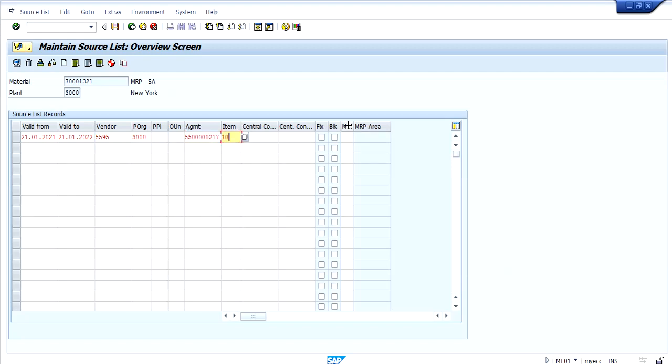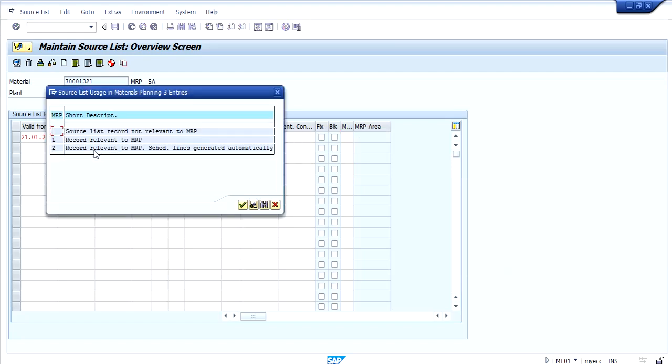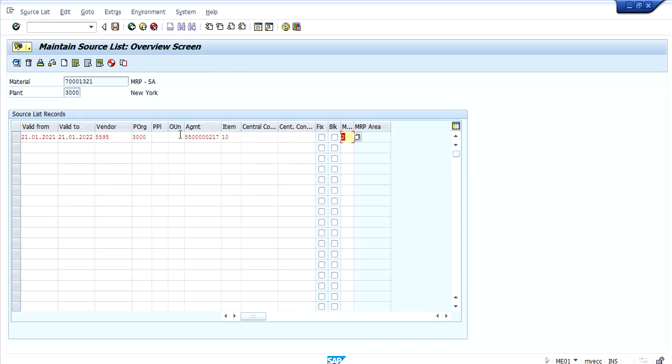And another mandatory thing is we have to maintain this MRP indicator as 2, record relevant to MRP scheduling lines generated automatically. So by maintaining this, what will happen is whenever MRP run happens, system will check for that material